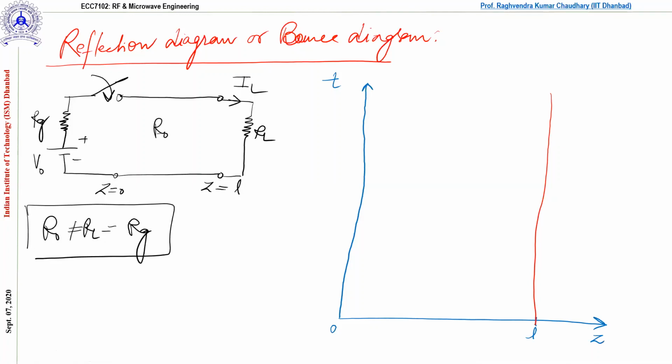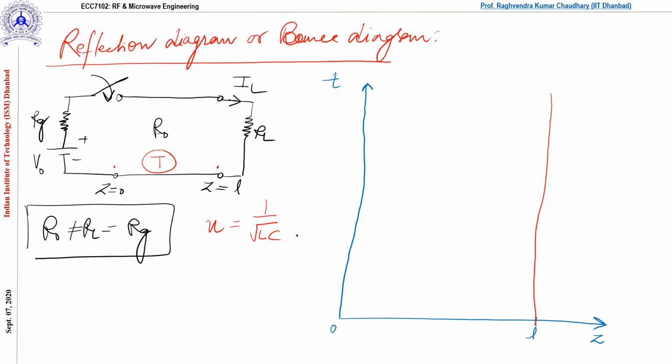Now I'll draw some things. We are already aware that if this is a transmission line and the length is L, the wave impinges from this point and reaches this point, correct? It will cover this distance in time capital T. This is one time period. So we can calculate these things. We have the distance, and we have the velocity u, 1 upon under root LC. So there is no big issue in finding out the time.